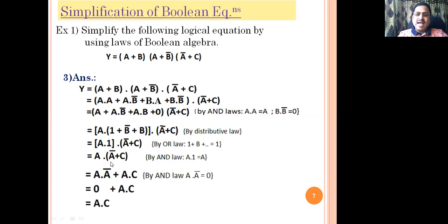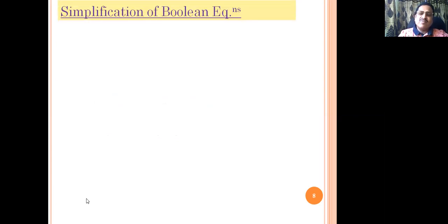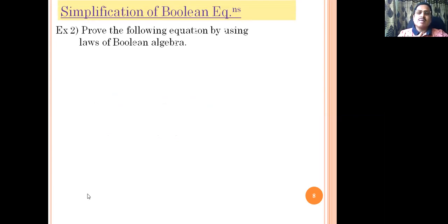Furthermore, again by using distributive law, you can have A and A bar or A and C. Now, by the AND law, ending of number with its complement will be equals to 0. Second term remains as it is there. Now, ORing of number with 0 equals to same number. Thus, we have got simplified form equals to A and C as required simplification. We'll go couple of more examples on simplification for the practice purpose.